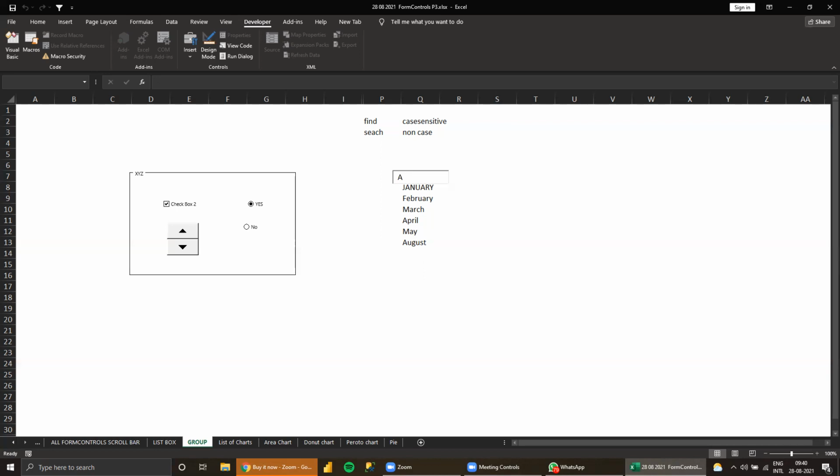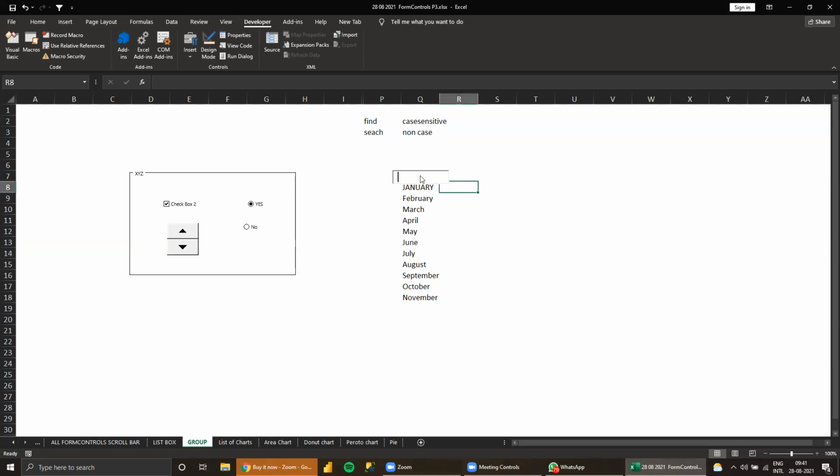Okay, the wildcard does not work that way. So ends with E, sorry, contains E. Like this, you can see the search working beautifully.